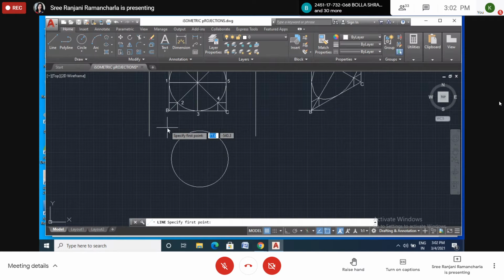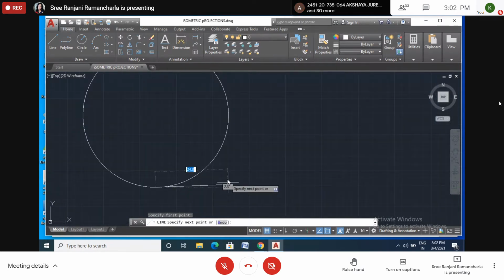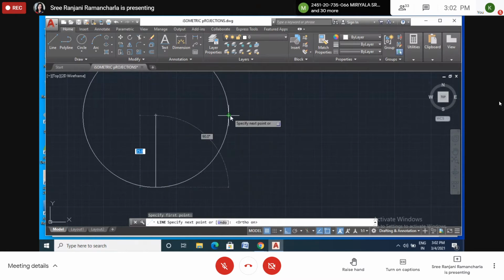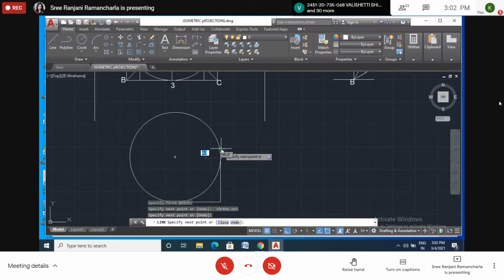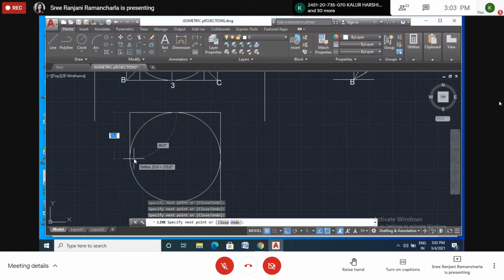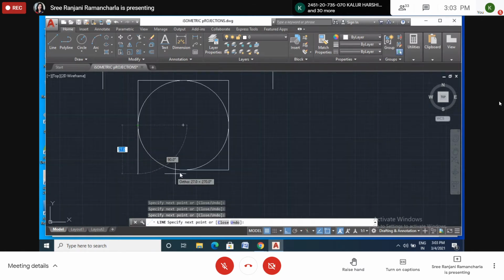I have to insert the circle in the box or the square, whatever. Okay, like this. That's all. Okay.